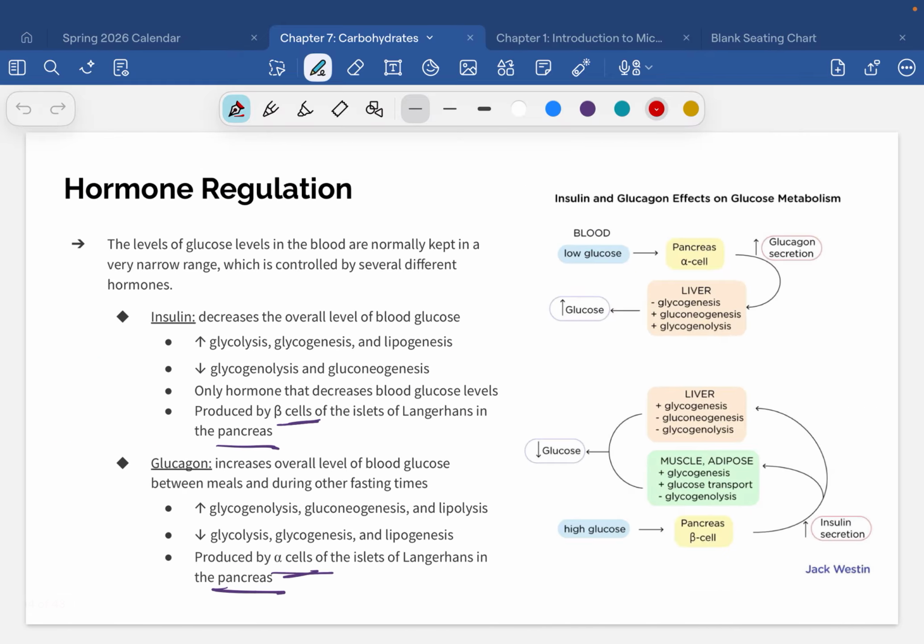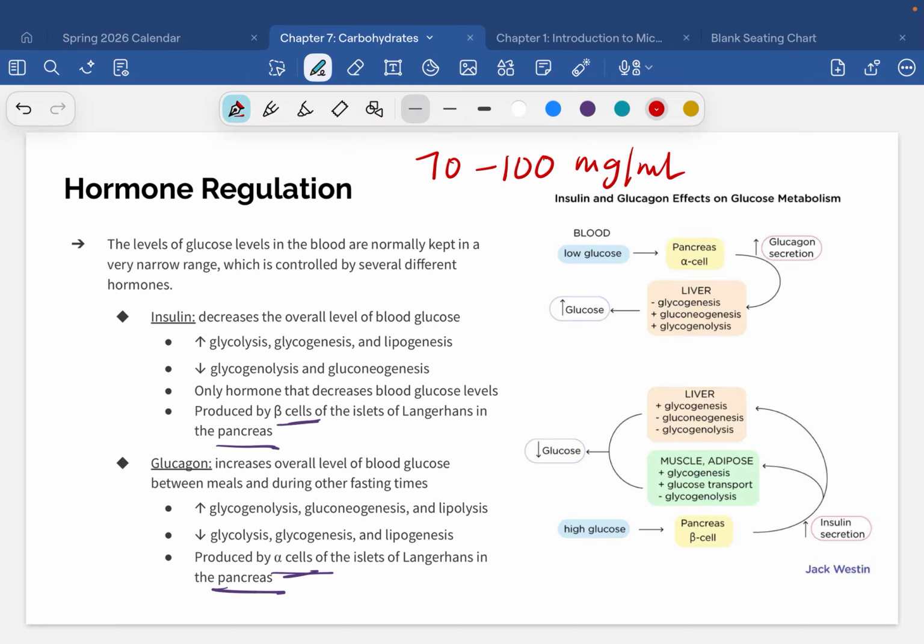Okay, so this is how your body maintains your blood glucose levels within that very narrow range. And I'm going to write this one down. I have it on a slide later, but the blood glucose range within a typical human, a normal range, is usually between 70, not 700, 70 and 100 micrograms per milliliter. Between 70 and 100. That is considered normal in most adult humans.